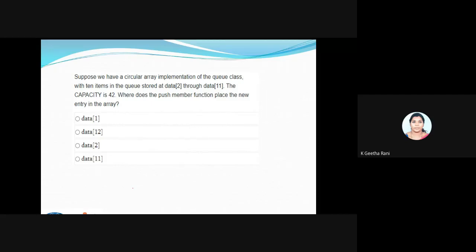It's your work now. Can you get me the answer for this? This implementation part is somewhat tougher than comparing your normal queue process and all. This DQ, priority queue and all. Understand the question properly. I'm using a circular array implementation of the queue. It's not a DQ, it's just a queue.